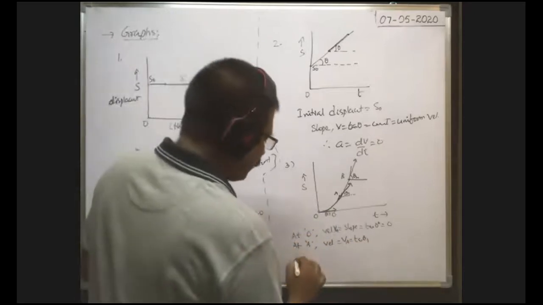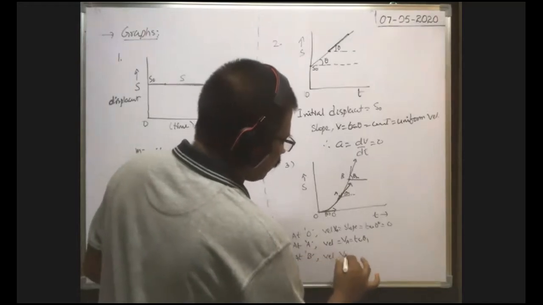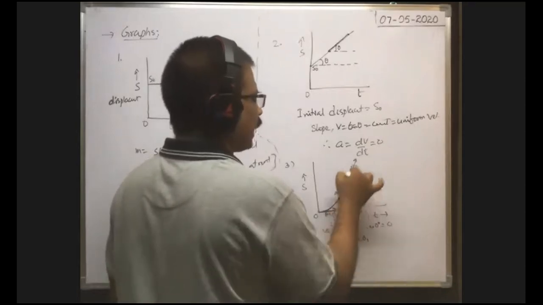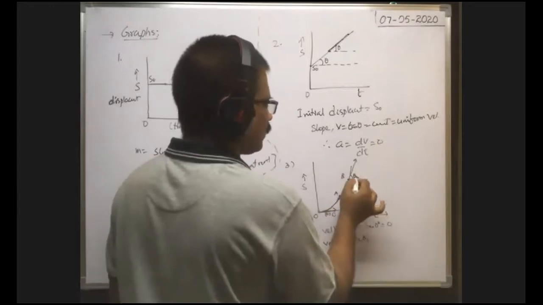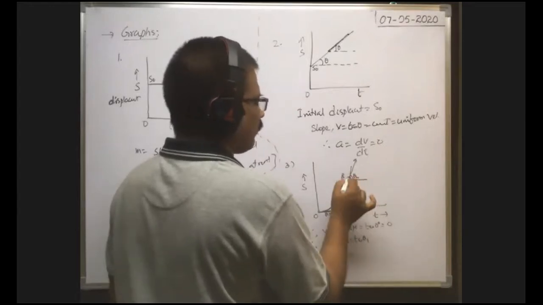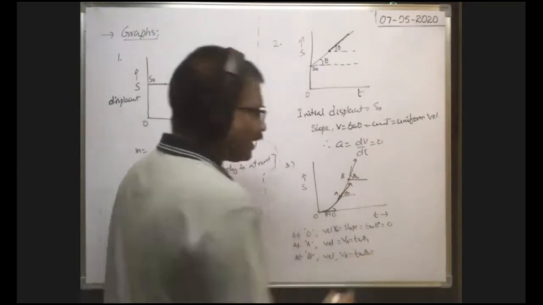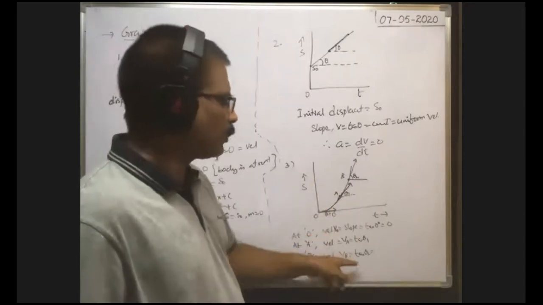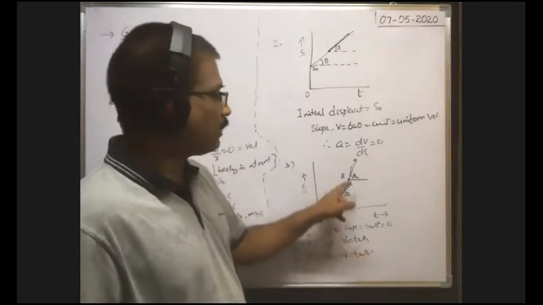Similarly, at B, to find the velocity of the body VB, you draw a tangent and you know the angle made by this tangent with the horizontal, that is theta2. Tangent of this angle is the velocity at this point, we know. So therefore, tan theta2 is the velocity. Already I said, slope is equal to displacement by time, that means velocity. Slope can be represented with tan theta also, no? That's why tan theta2 is the velocity at this point.